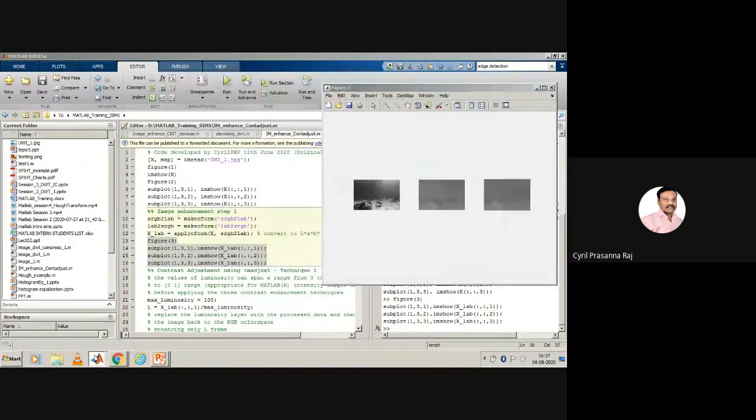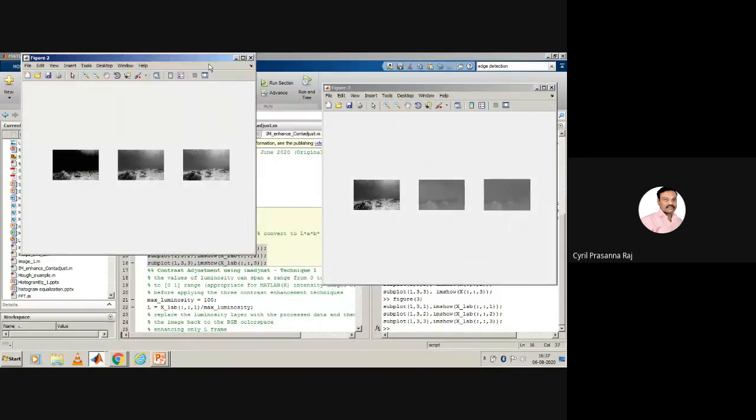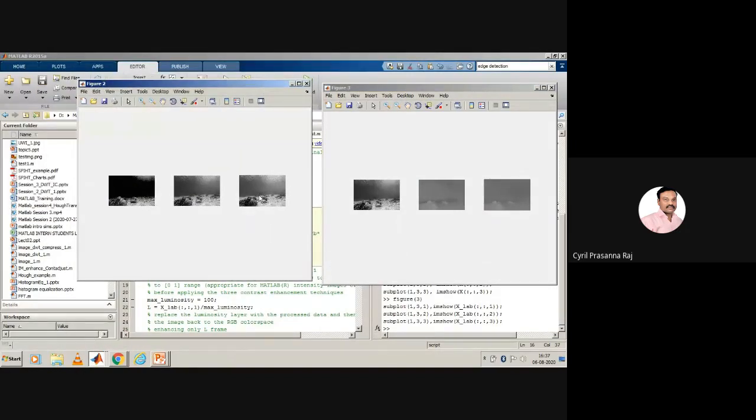This is figure 2, and figure 2 and figure 3. Now, left hand side is RGB, right hand side is LAB. In RGB, all the objects are present in all the pixels, all the frames, but the shade will be different. But in LAB, only in the first frame all the information is captured. In the second and third frame, it will only have the color information.